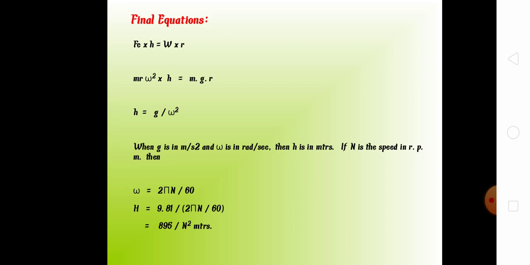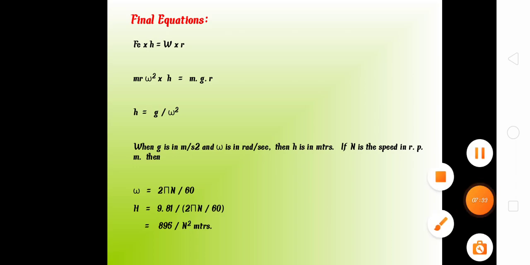Therefore, at high speed the value of h, that is the height of the governor, will be less. At high speed the change in the value of h is small. Hence a small change in speed is not sufficient to enable a governor of this type to operate the mechanism. Hence these governors, that is Watt type governors, may not work sufficiently at relatively low speed. Suppose at a speed of 60 to 80 rpm, this Watt governor cannot work satisfactorily.